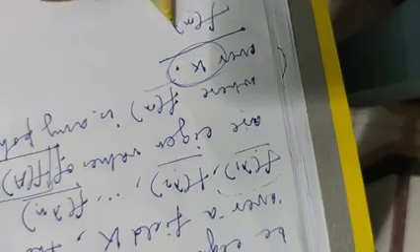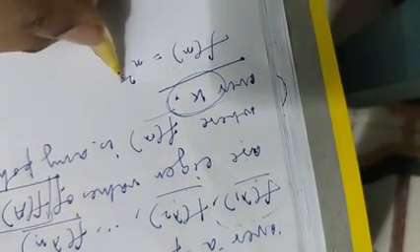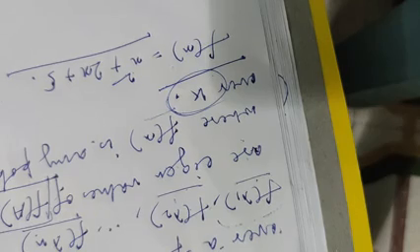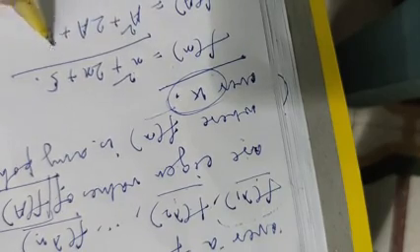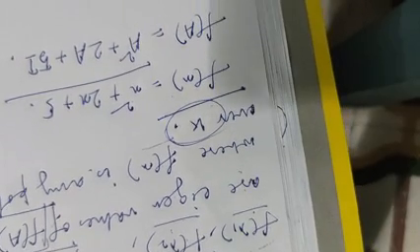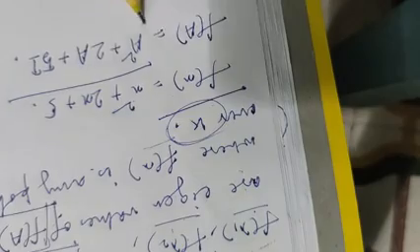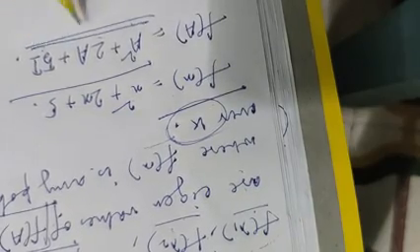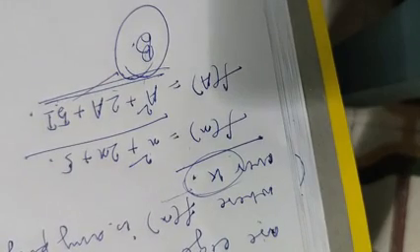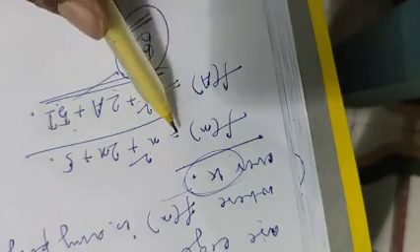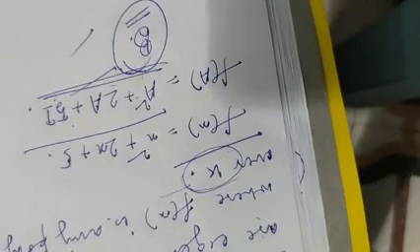Suppose f of x is x squared plus 2x plus 5. This is our f of x, a polynomial over the field of real numbers. Then what will f of A be? It will be capital A squared plus 2 capital A plus 5 times I, where I means the identity matrix of the same order as that of A. That means after this addition and multiplication by scalars, we will get another matrix, suppose naming it B. Then we are saying that if the eigenvalues of A were lambda 1, lambda 2, up to lambda n, then the eigenvalues of B will be f of lambda 1, f of lambda 2, up to f of lambda n. We need to prove that.